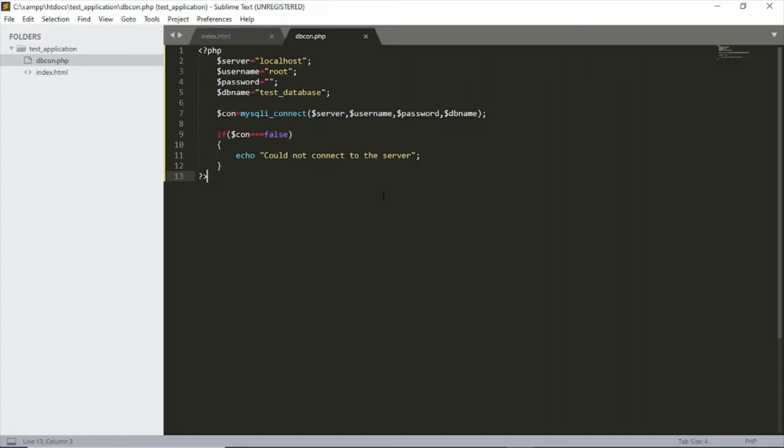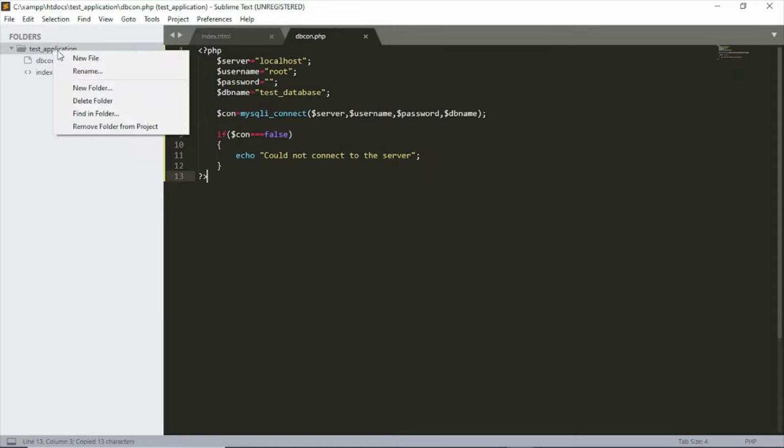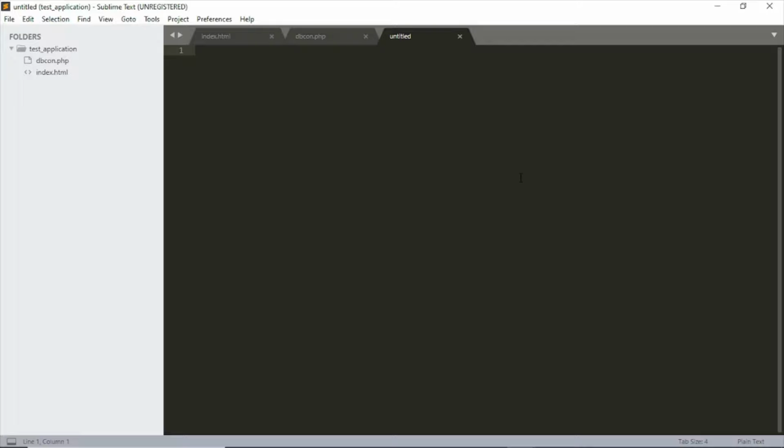We are creating the connection file separately to avoid creating it in every file. That's what we call separation of concerns. We don't want to be creating this connection file everywhere we want to use it. So the only thing we are going to do is just to call it. So the next thing we are going to do is to create this file. It is called posttest.php. Let me just copy this name. So we are going to create this file